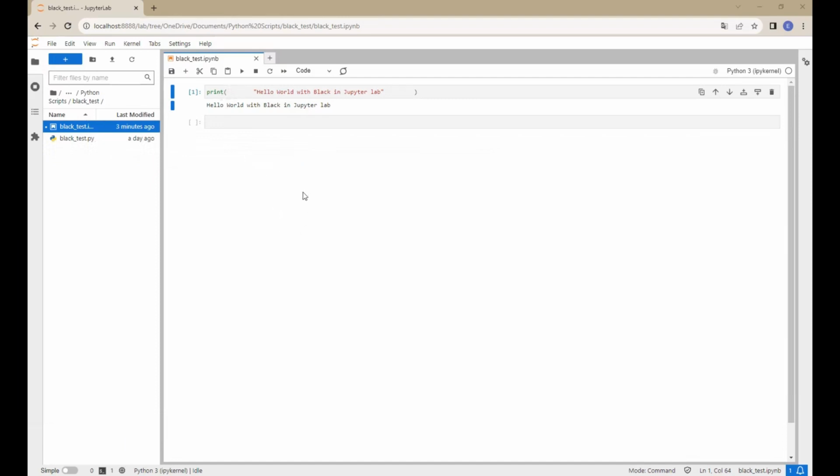By the way, the newest version of Black is from 5 days ago, so I believe they will probably fix it, and there is a big chance that you will not have this error when you try this. But if not, maybe try installing a different version of Black. And so I did that, and now I can click here on format notebook, and boom, see,